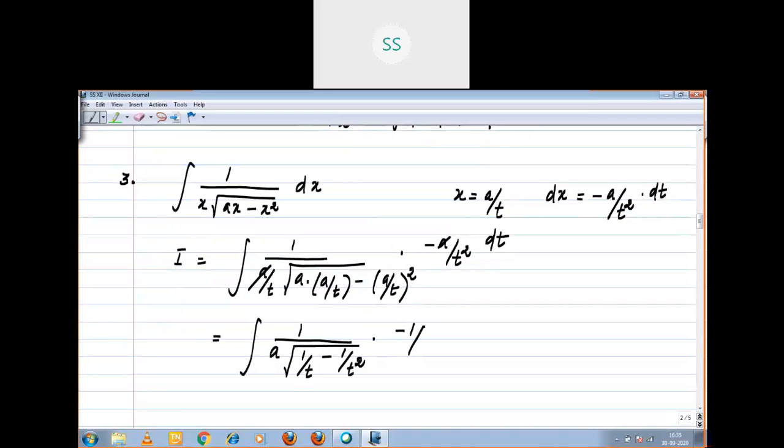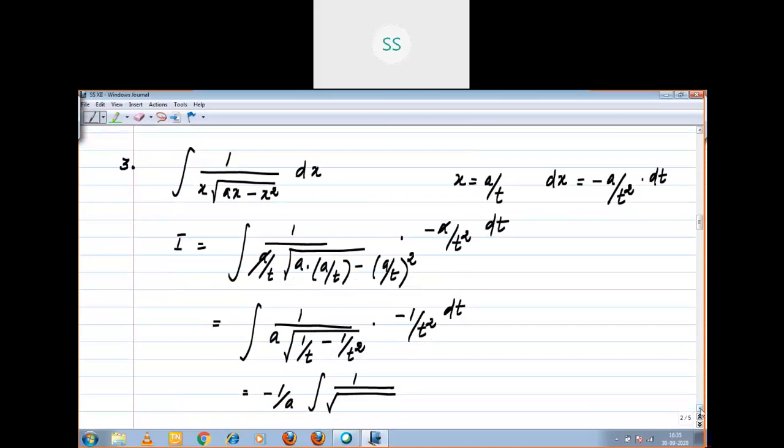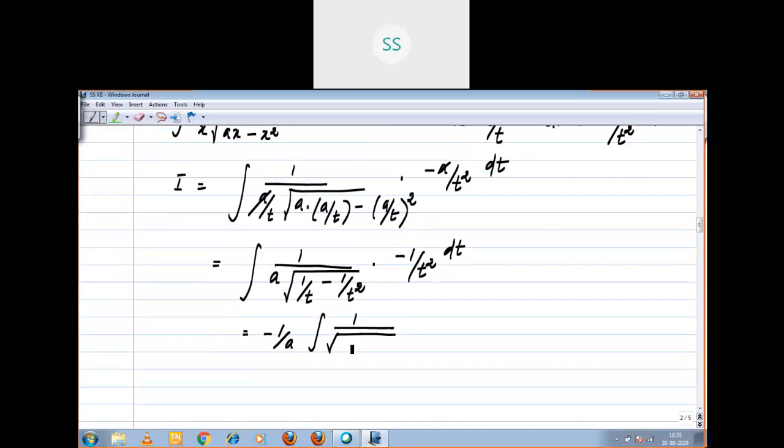Now integral, this A cancel. Will you agree or not? Say yes or no. Yes, you are. Now 1 divided by A square. When you are taking out, you will get it as A. Then what should exist in the format? In the square root, 1 by t minus 1 by t square into minus 1 by t square dt. Got it, children? What I did, whether did you understand or not?